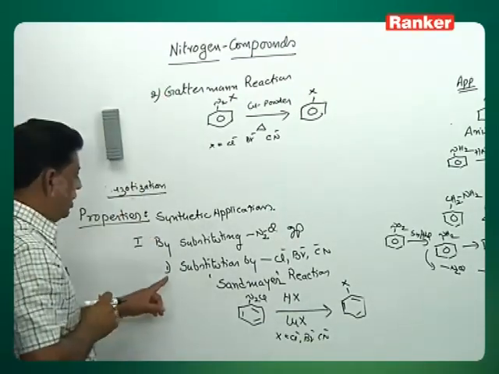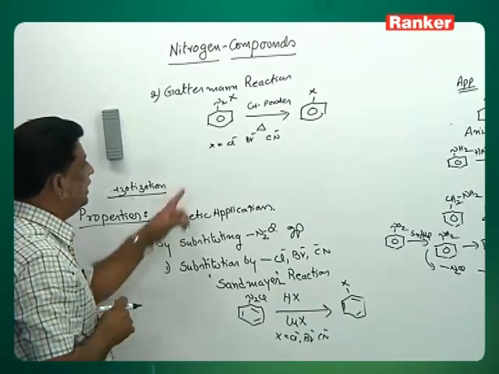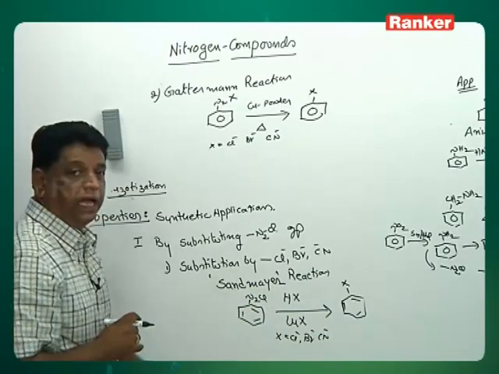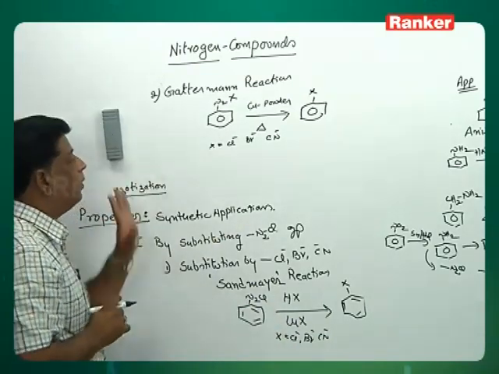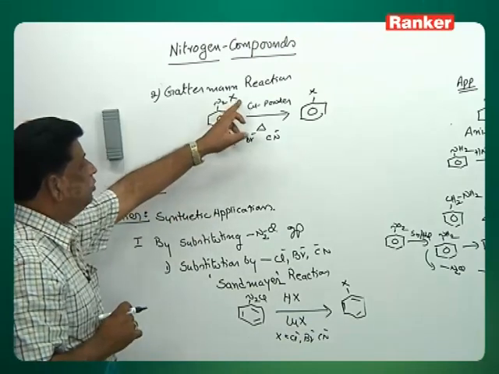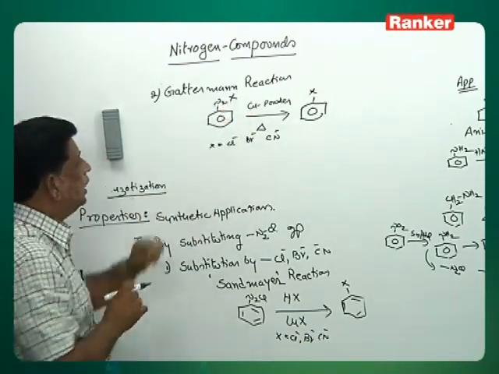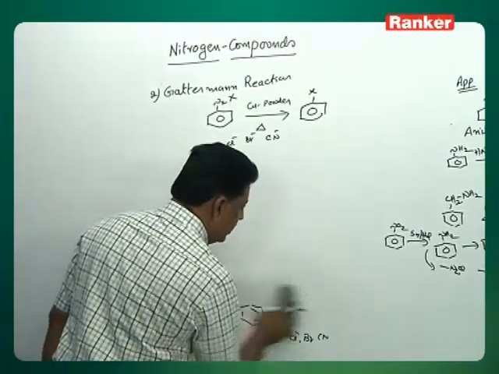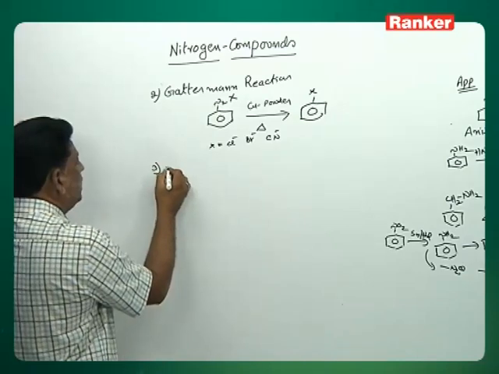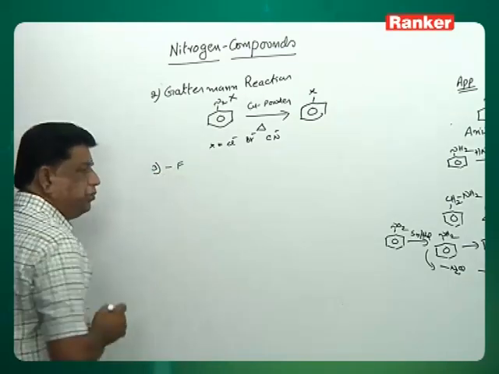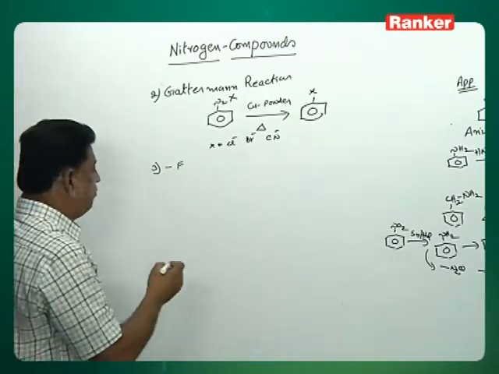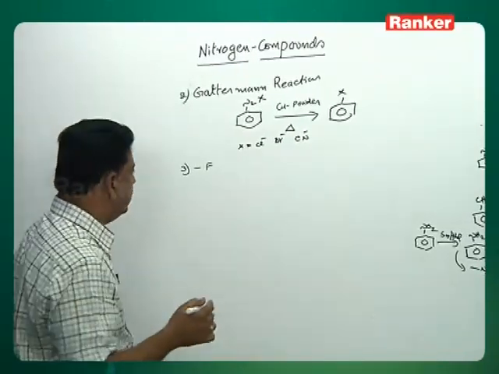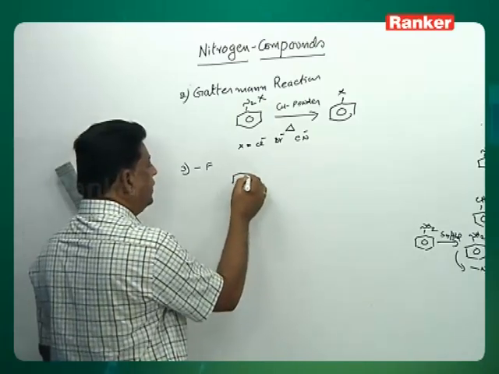That is one of the applications here. So just like the Sandmeyer reaction, the only thing is we are not using the unstable copper salt here. Copper powder you are using, but the halogen which you want should already be in the diazonium salt. Heat it with the copper powder, you will get the X containing benzene. And the third application is introduction of fluorine. How to get a fluorine into the benzene? Benzene with fluorine and ferric fluoride, you won't get this reaction. Instead, you take the diazonium salt,